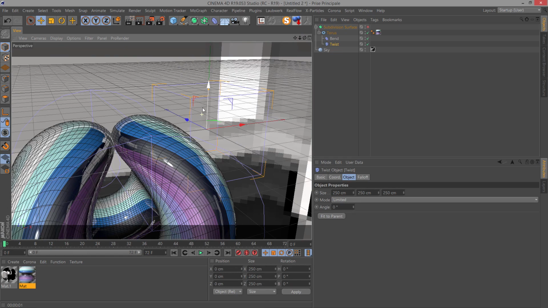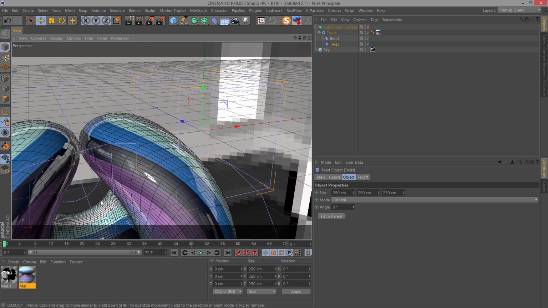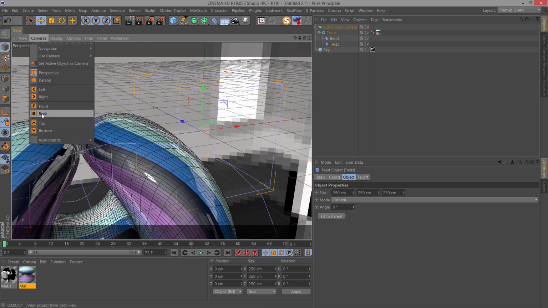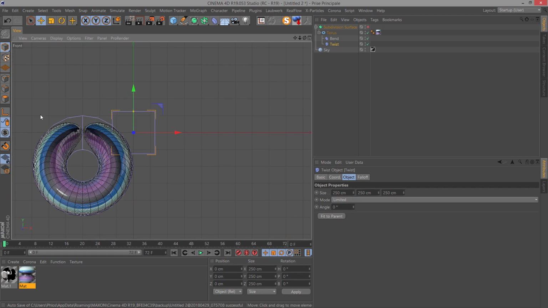You see the twist deformer is that box. We need to place that box around this torus. So go to front view. You see the box. We need to surround the torus, so put it in the middle here, like that, and make it bigger. So take this little point.